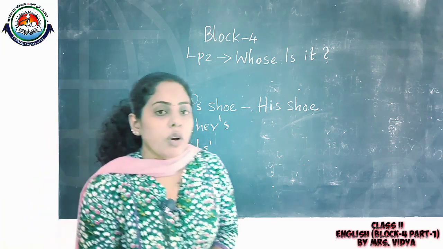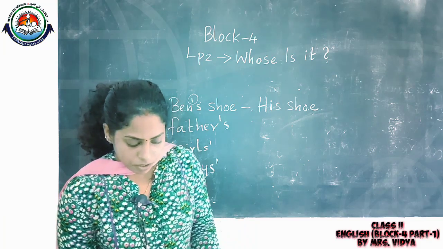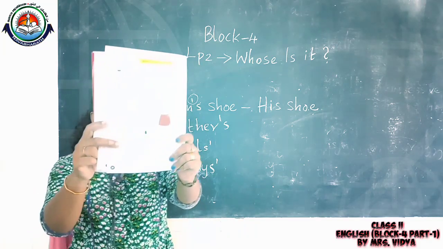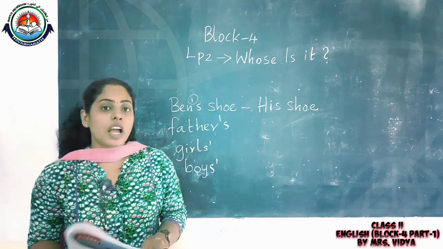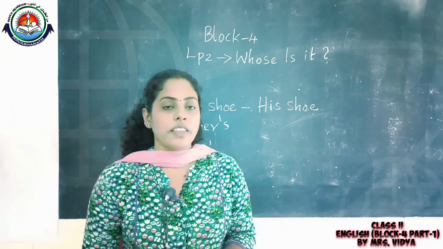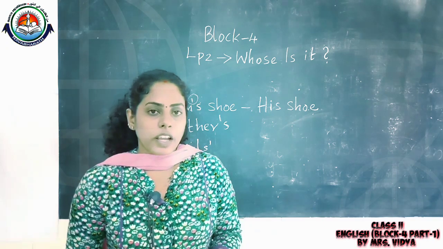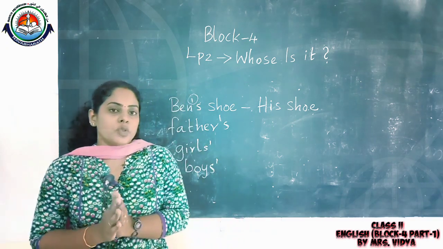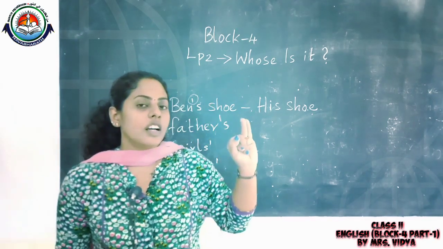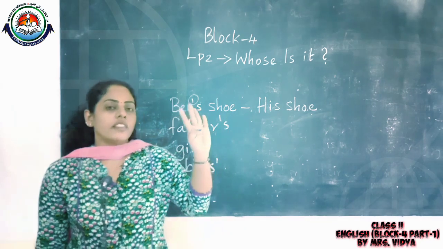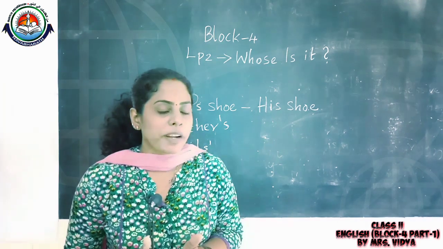Okay. So one more work from your content book. Page number 20, question number 5, that you have to do yourself. Okay, that you have to do alone. So it is very easy. You try to do. Okay. So is it clear? Once more I will repeat. I, my, she, her, he, his, they, their, we, our, you, your. So is it clear for you, my dear children?